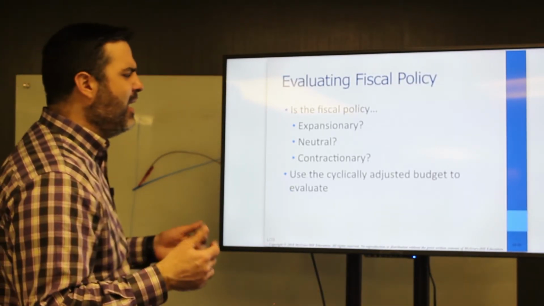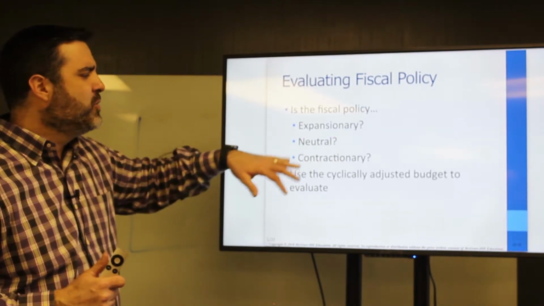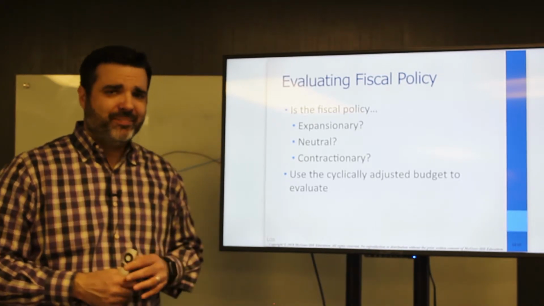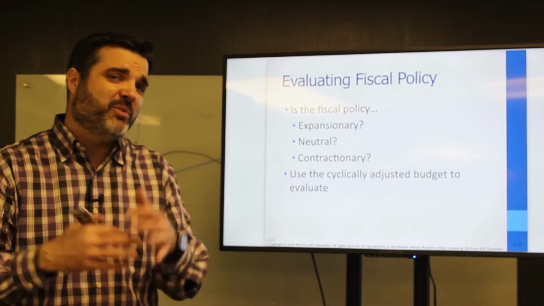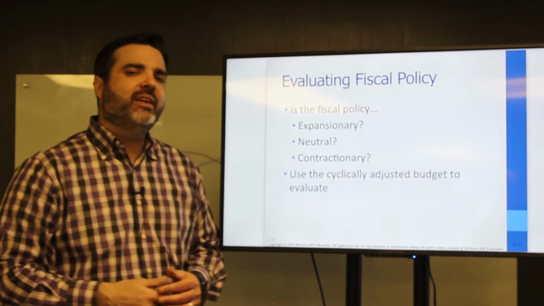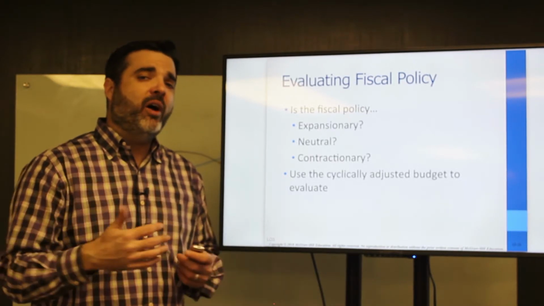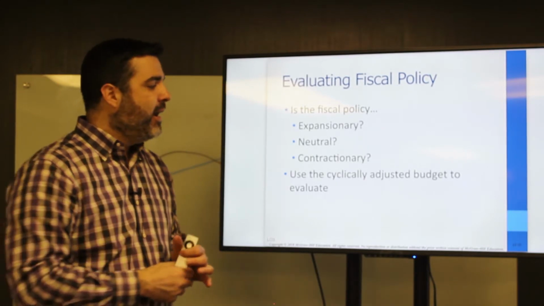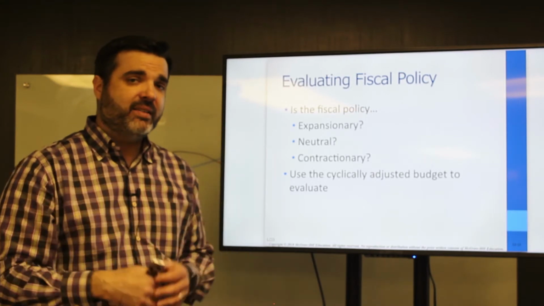Fiscal policy, we didn't talk about this. Is it expansionary, neutral, or contractionary? Expansionary is the government making policies specifically during recessionary times, but really it can be any time, because we see expansionary policy with the tax cuts that are going on now. Are they doing things that will help the economy grow, that will help the aggregate demand curve move towards the right? Neutral: are we doing things that really don't make any difference at all and just letting things stand as normal?